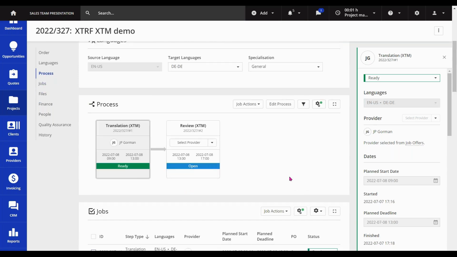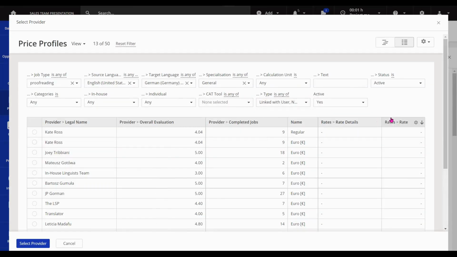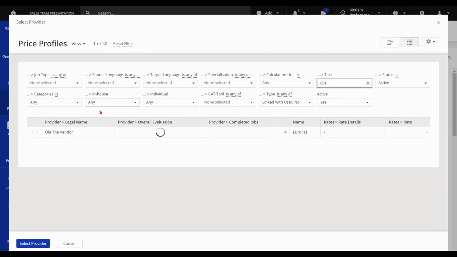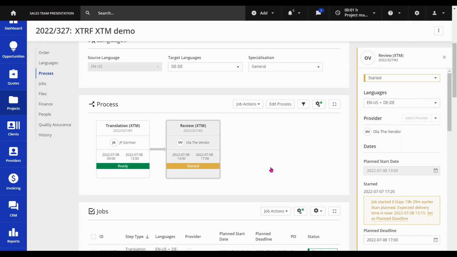So quickly, let's redo the same step. I will assign somebody by hand this time to avoid sending the offers. So let me quickly just choose Ola. And I will start it for her. Of course, the moment I press start, the notification will go out and notify Ola about the fact that the job has been started. And now we go back to